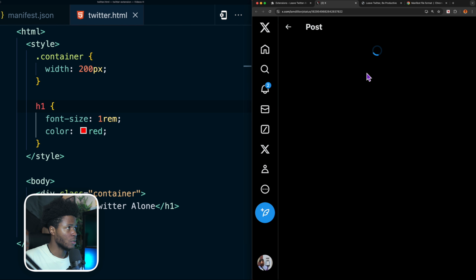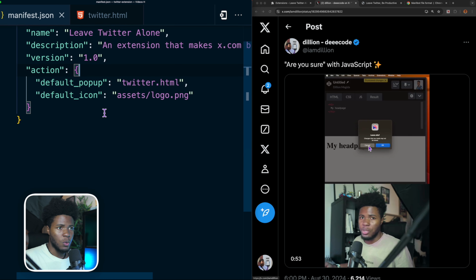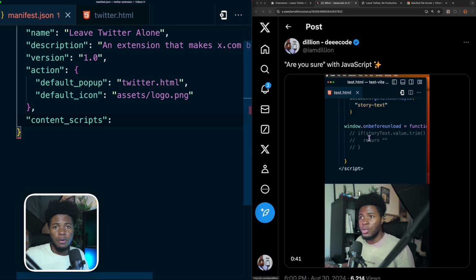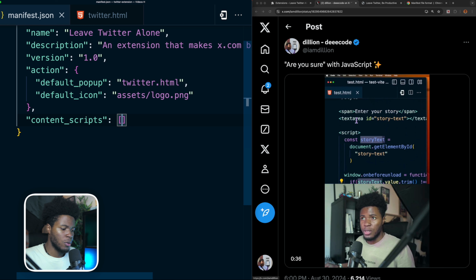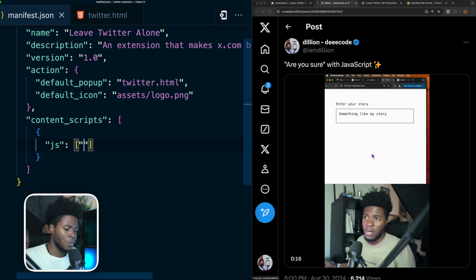Currently, if I go to x.com, there's nothing happening here. Here, I'll go to my manifest.json, and this is where I use another field called content scripts. Here, you define the script that should run on specific domains. I'm going to define one script. This is a JavaScript script. You can also use CSS. Then here I'm going to point this to